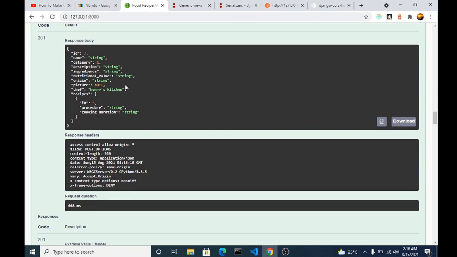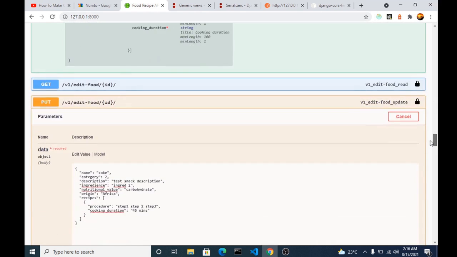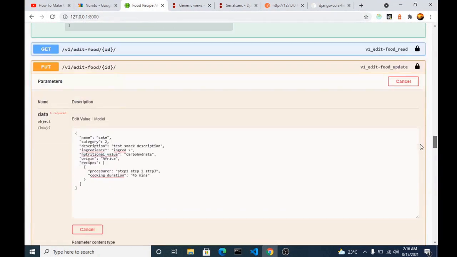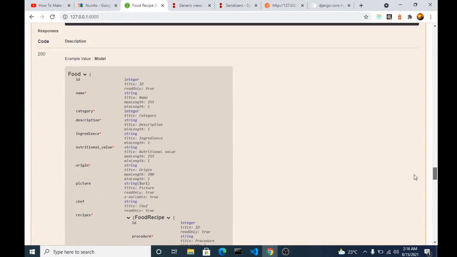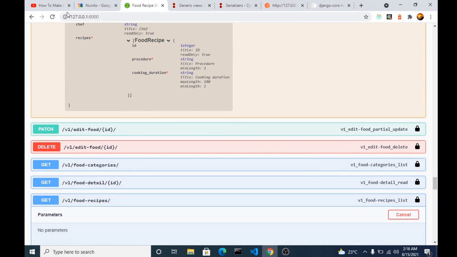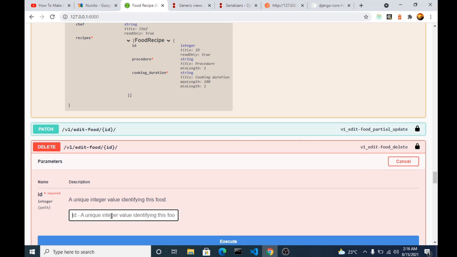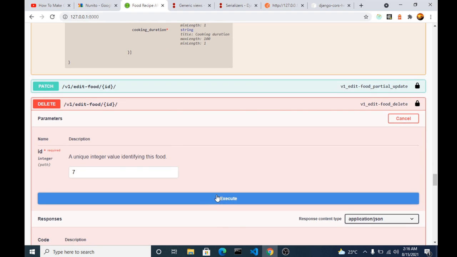So two objects were created. Let's try and delete one. To delete, we go to the delete endpoint. You can see how useful this Swagger UI documentation is. So let's go to the delete endpoint, and let's provide the ID. To try that, we need to provide the ID of the element we want to delete, and we want to delete the 7th ID. So if we hit execute,